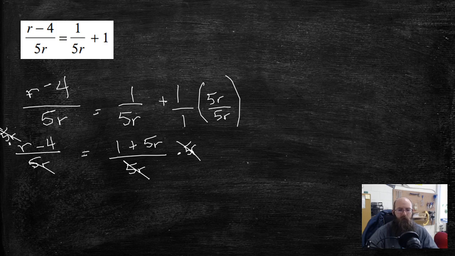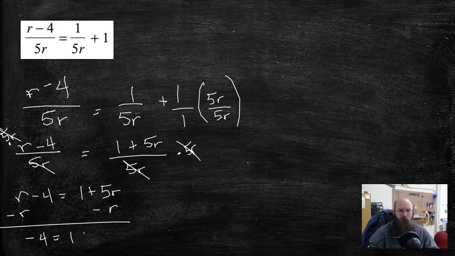I ended up having a common denominator on both sides of the equation, so they're gone. Now I have r minus 4 equals 1 plus 5r. I'm going to subtract r. Negative 4 equals 1 plus 4r, subtract 1 over,